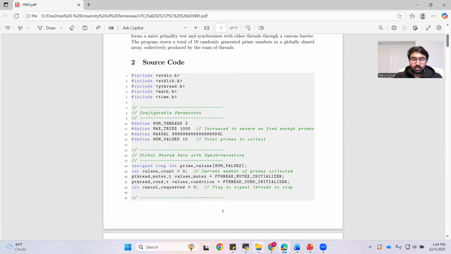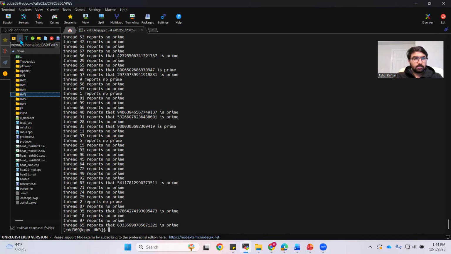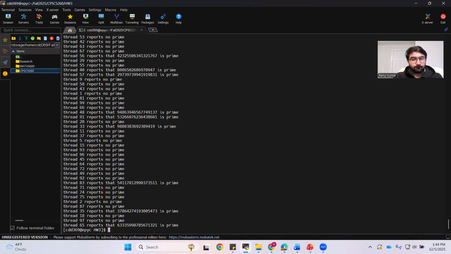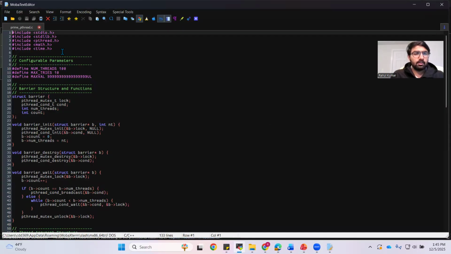So I will try to explain this part from the code itself. So let me pull that up. Yeah. So here we have the code. This has been implemented in C. The library that is needed for this is pthread.h. And because we are storing time and we are using math operations,